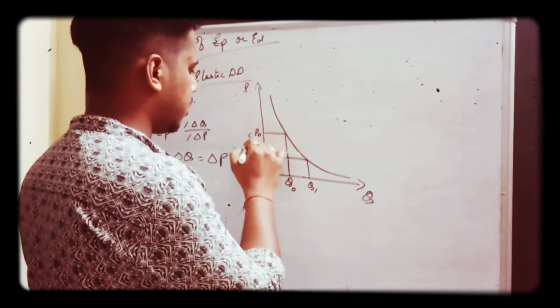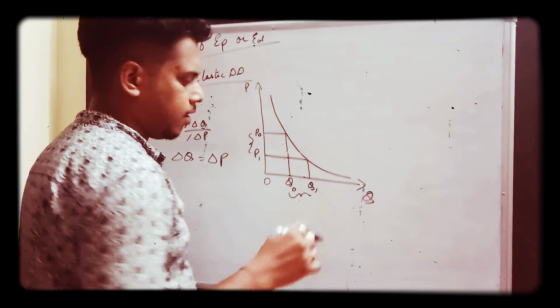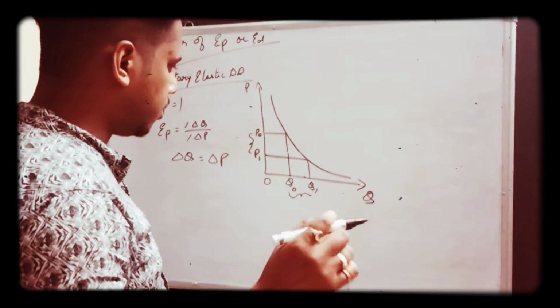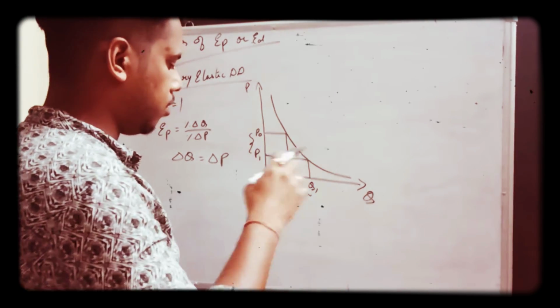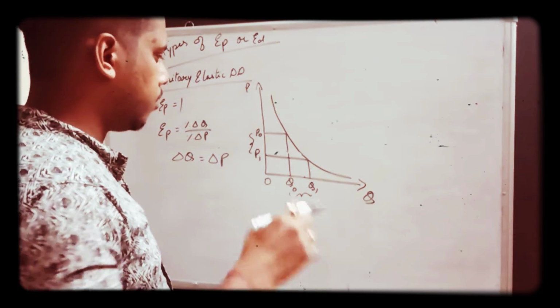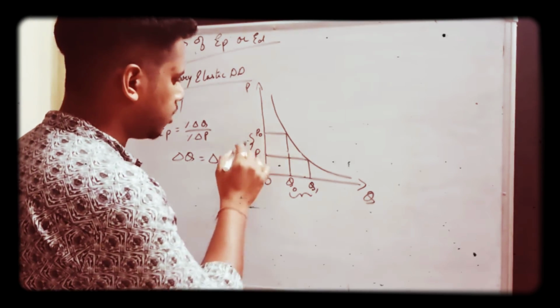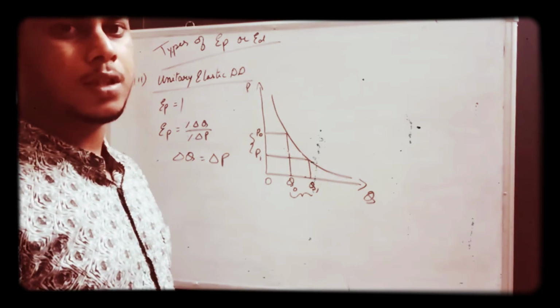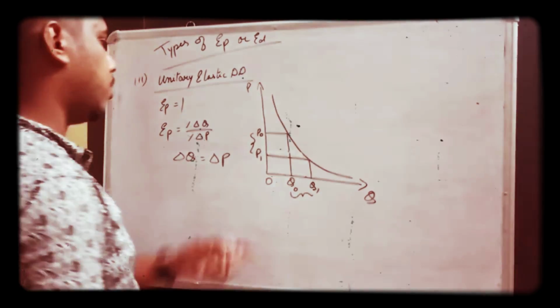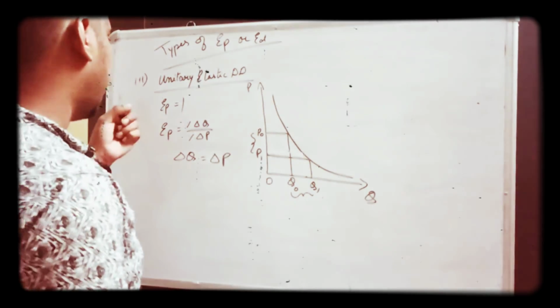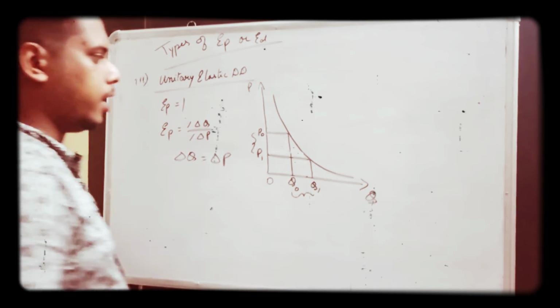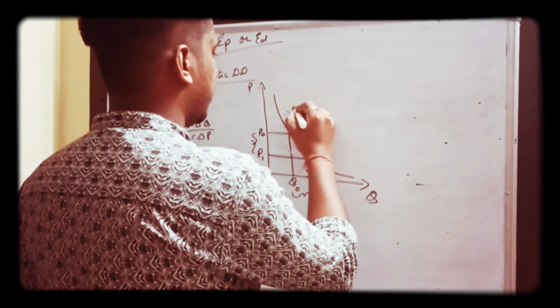Now you can see that my diagram might be a bit faulty because the curve has not been drawn perfectly. However, roughly you can see that the change in the price is equal to the change in quantity demanded. So for this curve, the value of elasticity is 1, and this curve is known as a